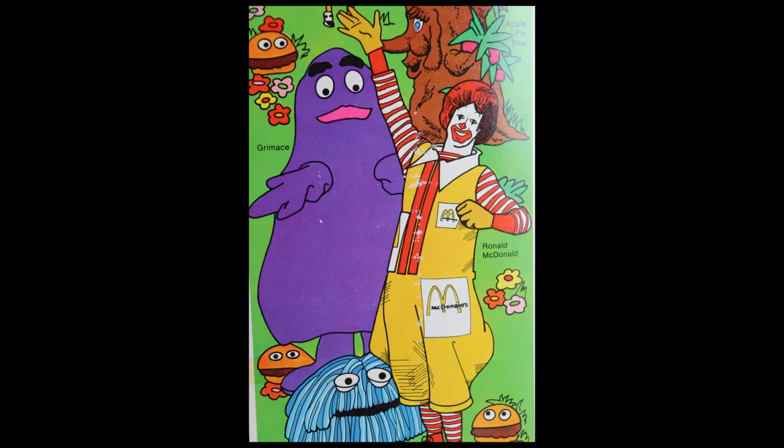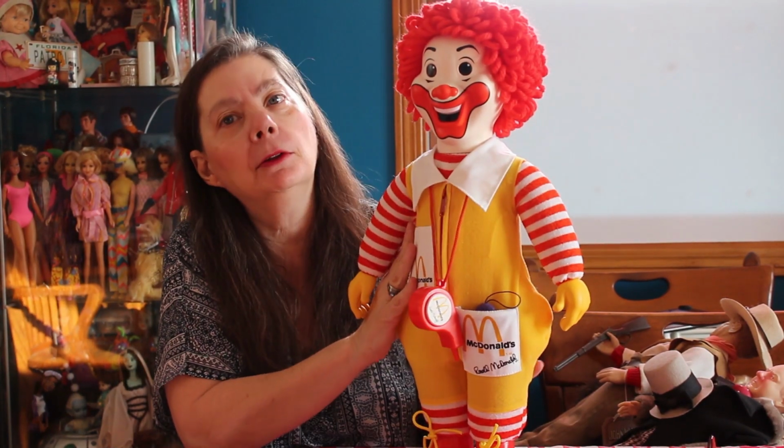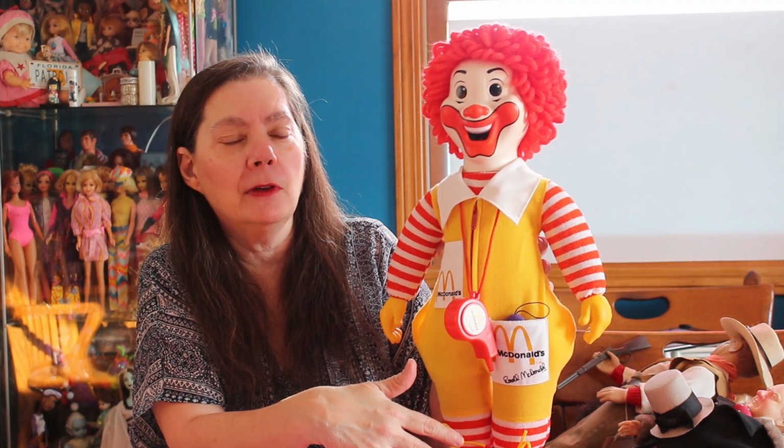It is a 1978 by Hasbro Ronald McDonald. He's a little flat, his hair in the back, but he's been sitting for many moons in a box. This is kind of like Ronald McDonald's type of thing of like the